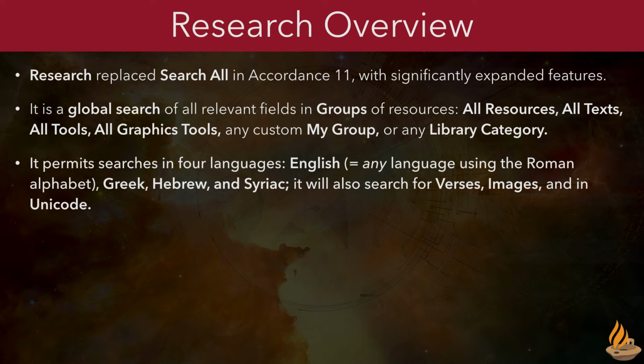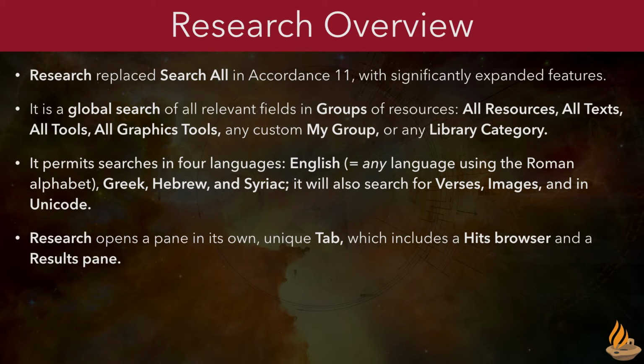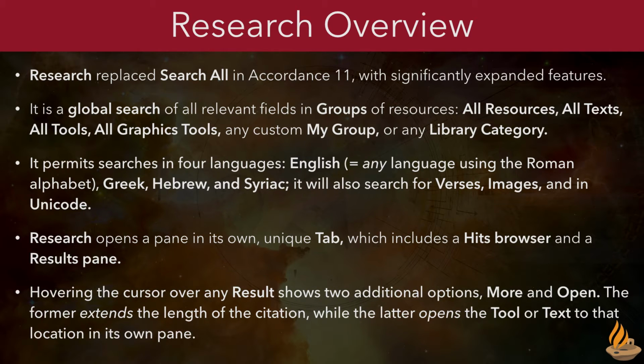It permits searches in 4 languages: English, which is our shorthand for saying any language written using the Roman alphabet, Greek, Hebrew, and Syriac. It will also search for verses, images, and in Unicode. Research opens a pane in its own unique tab, which includes a hits browser and a results pane. Hovering the cursor over any result shows 2 additional options, More and Open. The former extends the length of the citation, while the latter opens the tool or text to that location in